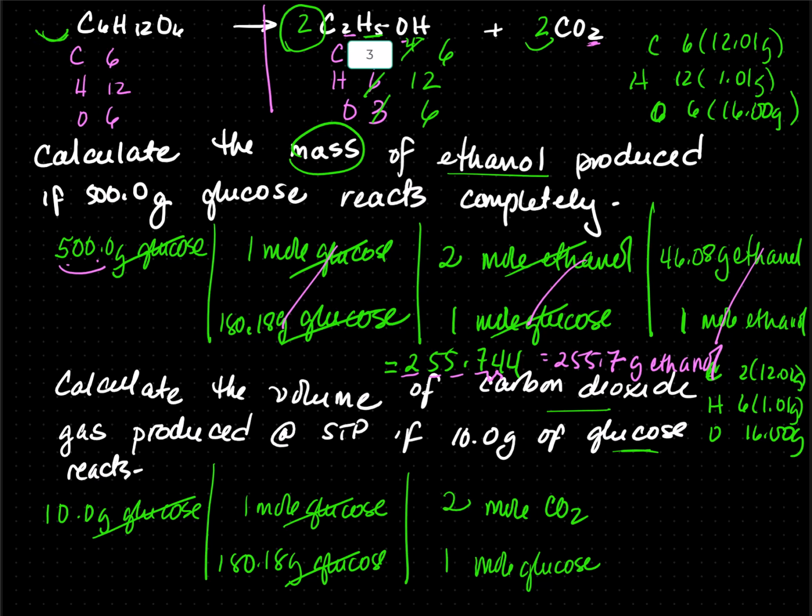We don't want to stop here because we're at moles of CO2. We want volume, so I'm going to go again. Moles of CO2, there's 1 mole, and the volume is 22.4 liters of CO2. All the units cancel out except for liters of CO2, so this is 10 times 1 times 2 times 22.4 divided by 180.18 times 1 times 1, which equals